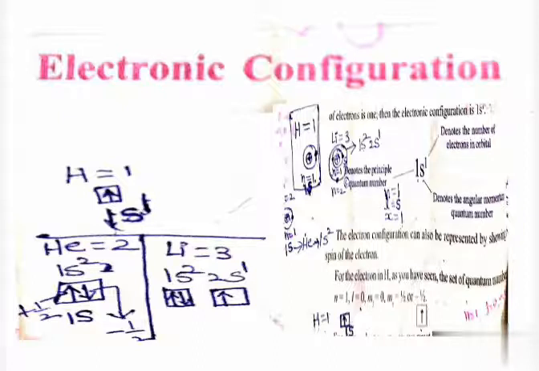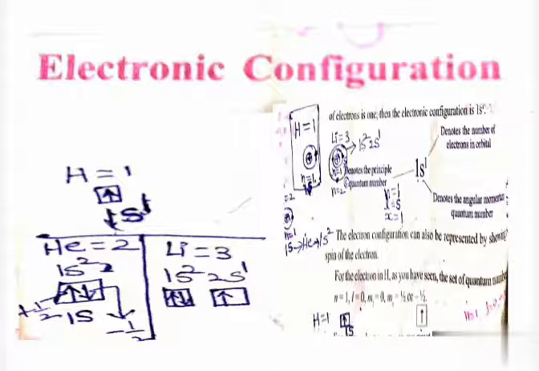Let us consider the hydrogen atom for understanding the arrangement of electrons, as it contains only one electron. So now we will take hydrogen as an example to understand the electronic configuration, or arrangement of electrons. Hydrogen contains only one electron, yes or no? Yes. The shorthand notation consists of the principal energy level N value, the letter representing the subshell L value, and the number of electrons represented by X in the subshell, written as a superscript, as shown below.